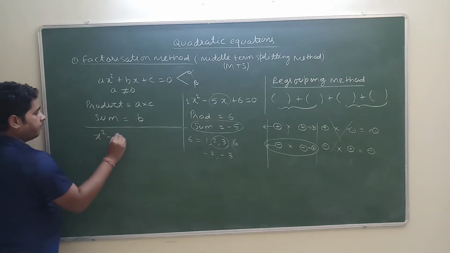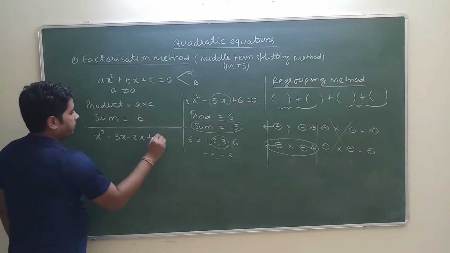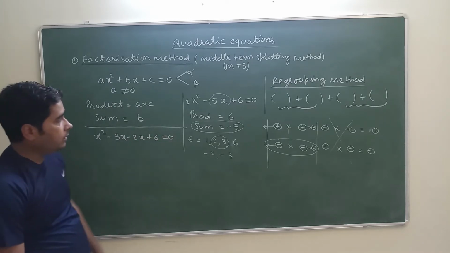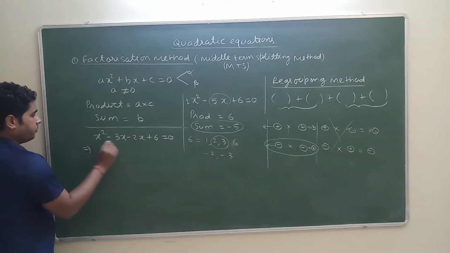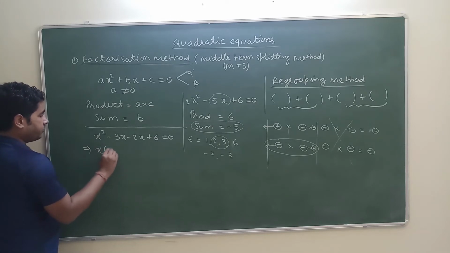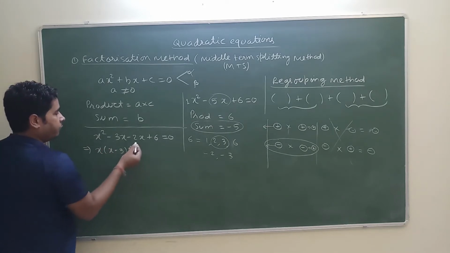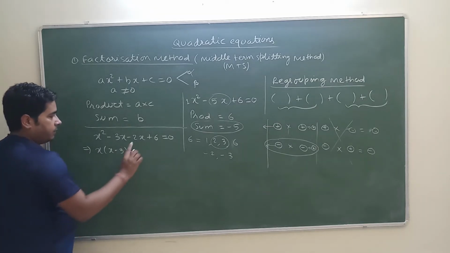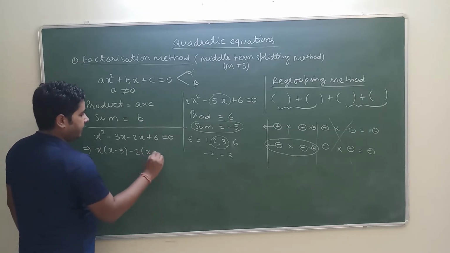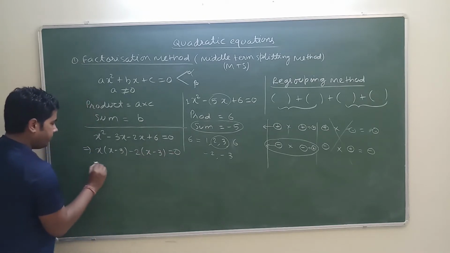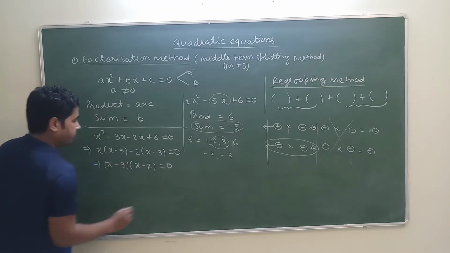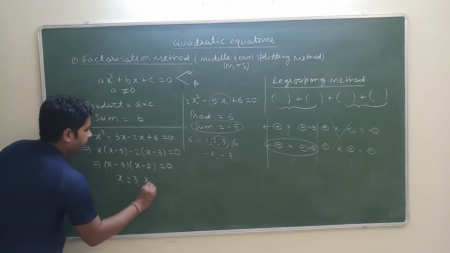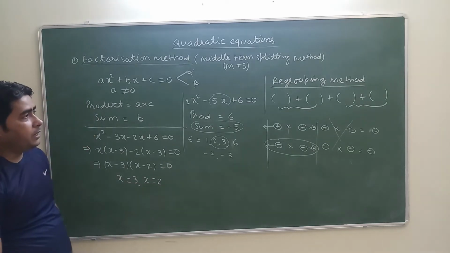as x square minus 3x minus 2x plus 6 is equal to 0. Now what we have done, we have split the middle term into two parts. From the first two terms, if I take x common, it will be x into x minus 3. We have to write the sign of the third term as it is. So the third term is negative, let me write minus here. From this term and this term, 2 is common, so this will be x minus 3. So this will give me x minus 3 into x minus 2 is equal to 0. Values of x will be 3 and 2. These are my alpha and beta values.